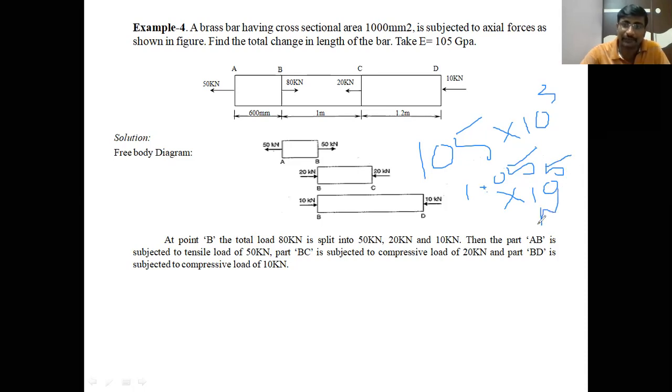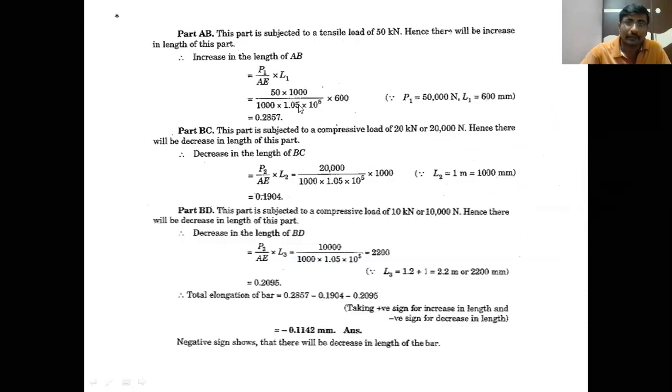Megapascals means newtons per mm square. Newtons per mm square is also called megapascals. That's why in this problem 1.05 into 10 to the power of 5 is the E value, newtons per mm square. Upon substitution of all the values, we can get the extension or increase in length of the AB part is